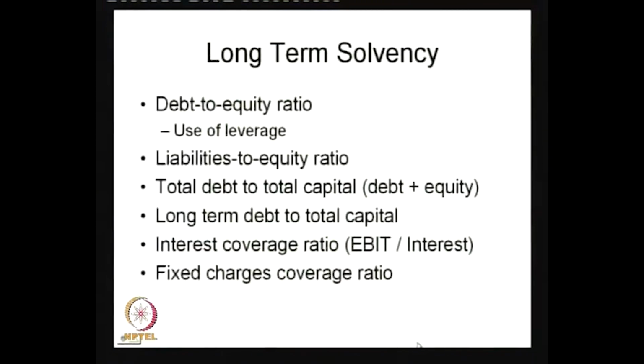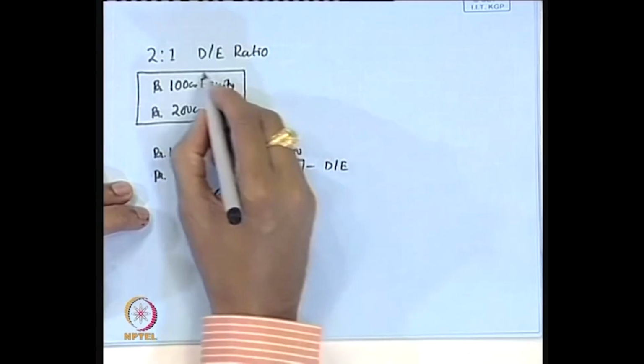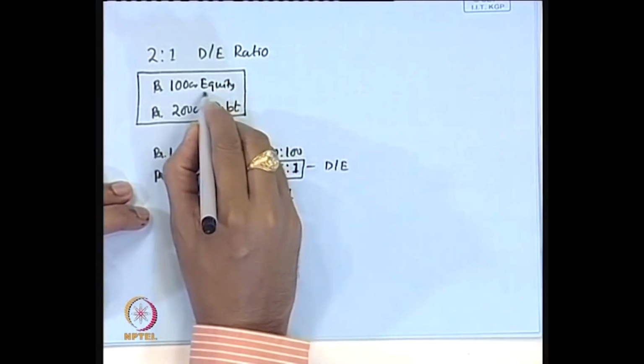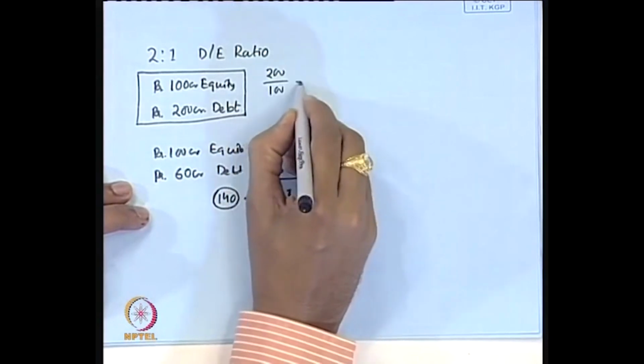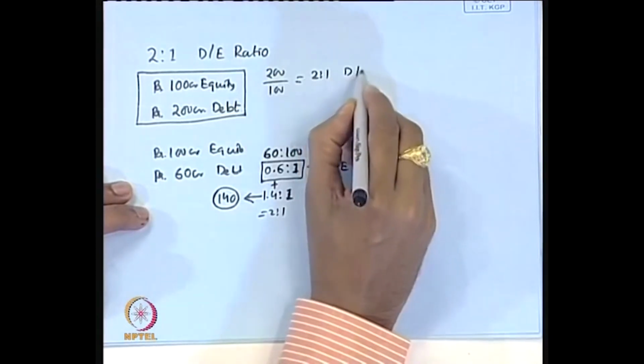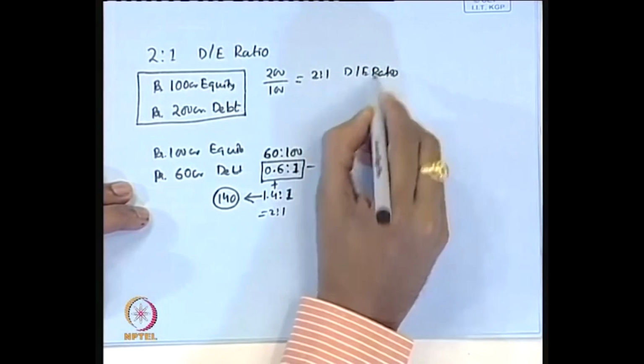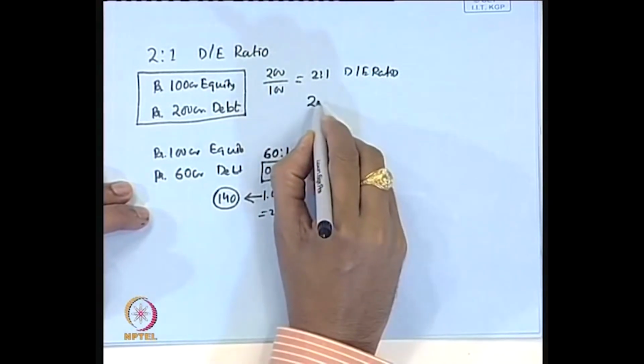Next we have the total debt to total capital ratio. It is the same thing as the debt to equity ratio, but here instead of saying debt to equity we say debt to total capital. If you look at this example where 100 rupees is equity and 200 is debt, we say 200 by 100, that is 2:1, is the debt equity ratio, whereas as far as debt to total capital is concerned we say it is